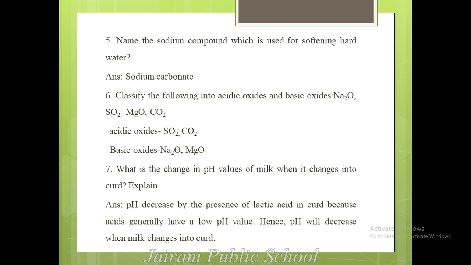And the enamel of our tooth starts getting damaged when the pH of the mouth is less than 5.5. Tooth decay starts when the mouth produces acids by degradation of sugar and food particles remaining in the mouth after eating. Toothpaste is basic in nature, and is used to neutralize the acid. So in order to neutralize the tooth decay that is due to acidic nature, you have to use basic toothpaste, that is basic material toothpaste.